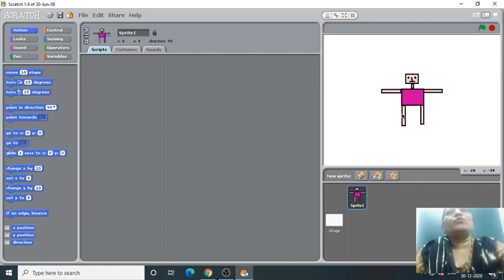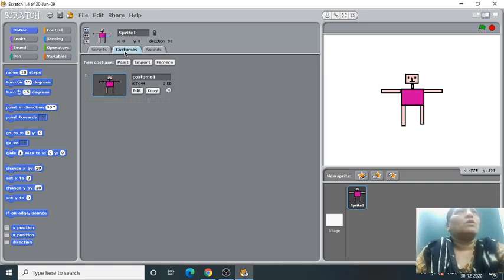Now what I will do, students, come to this area where you have to write a script, but before writing the script we will click on this costume tab. See here I am showing by mouse pointer. Click on costume and here you will get the sprite as it is.